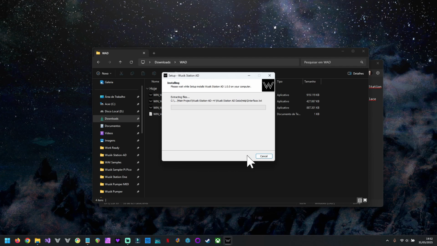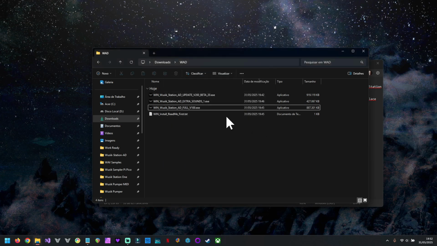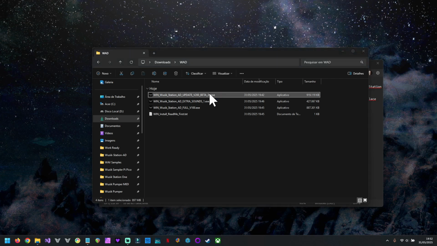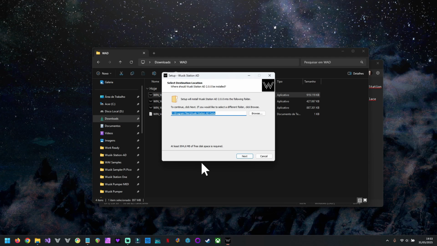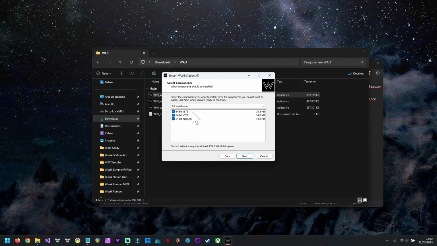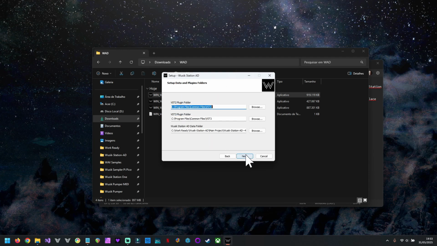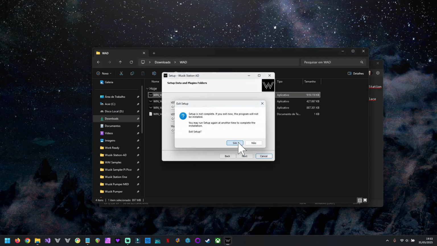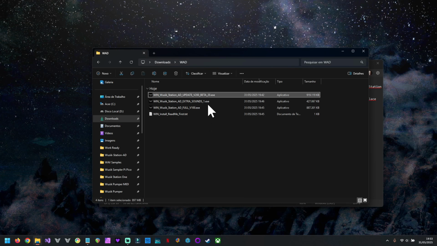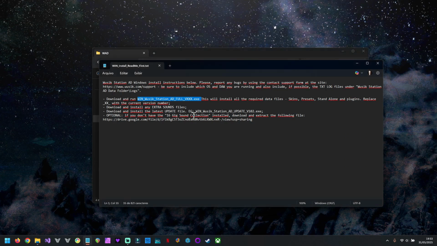And then if I click on Next, it's going to install. I'm just going to cancel it first. Then after it has installed, I'm going to proceed with the beta installer. Again, on a new computer it is going to ask for administrator rights. Then select VST3, VST2, and the app version, and so on, in the same data folder. Then we install the extra sounds using the same data folder. And the last thing we're going to do